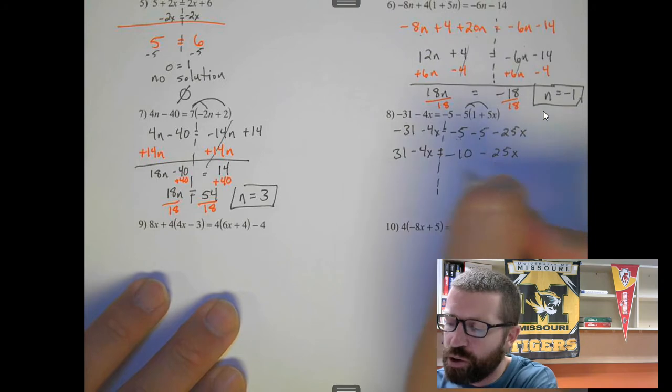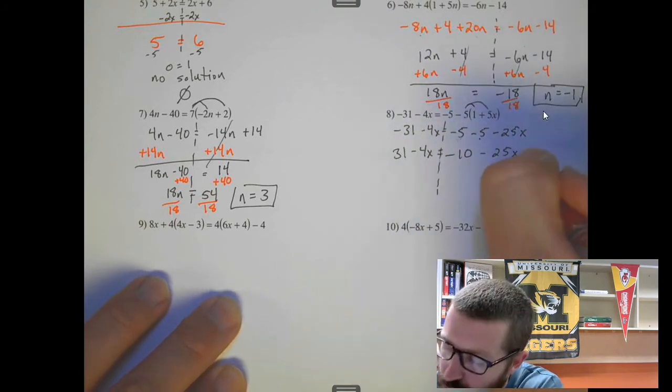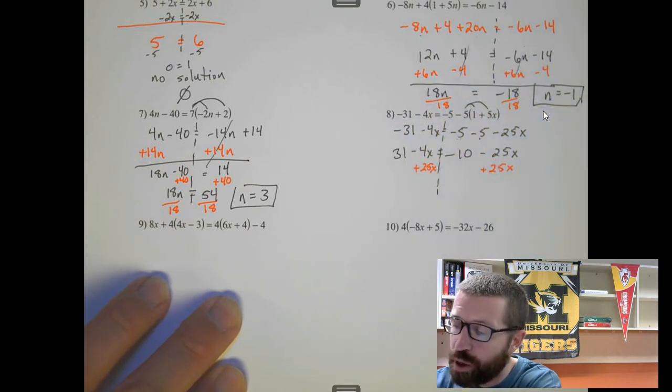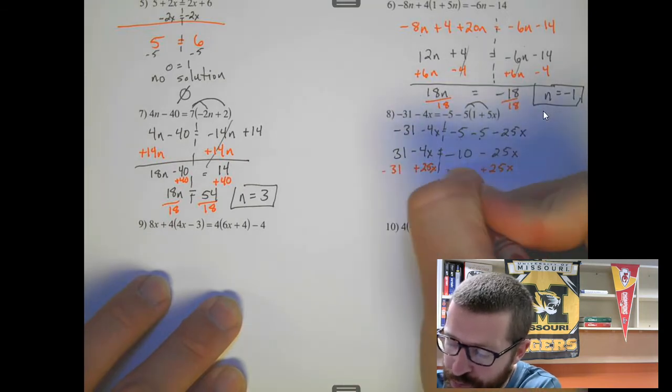Okay, and then you can decide which side to move things on. I'm going to move the 25 over to make the number in front of x positive. And let's do this in one step. I'm also going to move the 31 to the left. So minus 31,